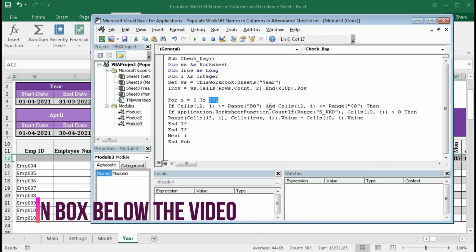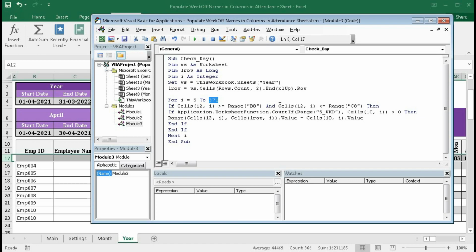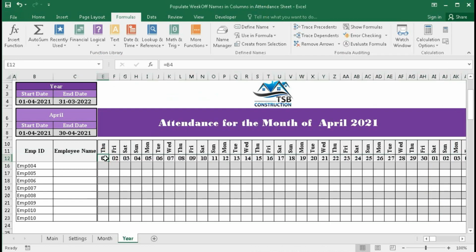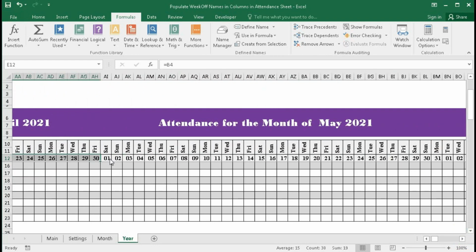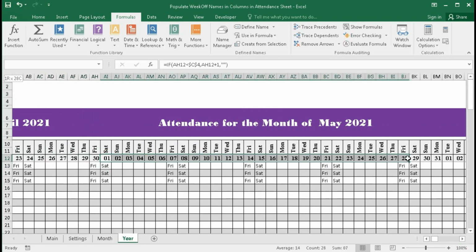And here you also have to meet another condition, that the date must be less than this. So you can see here it is April 1st and this is April 30th. So it will populate within this range, not more than this. If I select April here, then it will populate within this range only, from 1 to 30. It will not populate more than that.